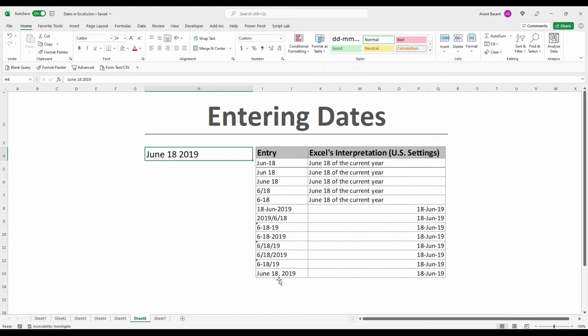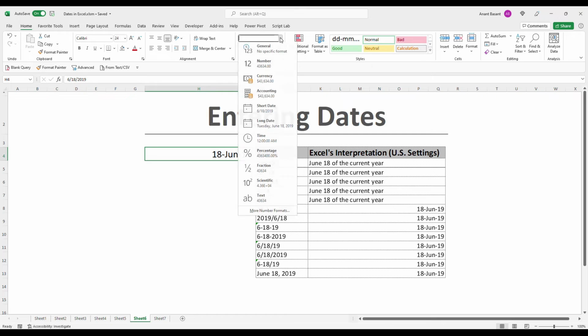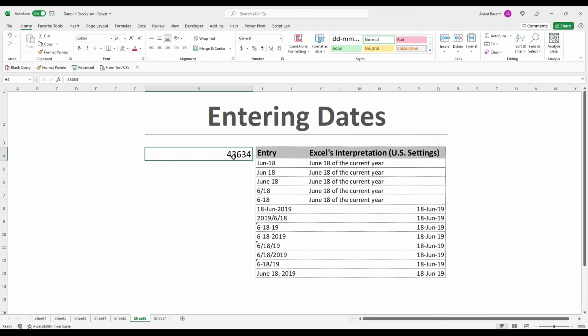And this is the nearest format. As soon as I apply a comma after 18, Excel right aligns it and converts it into a date. So this is a proper date now. If we change the format to General, you can see it's this number which is represented by that date. So you need to be careful while typing dates in cells.